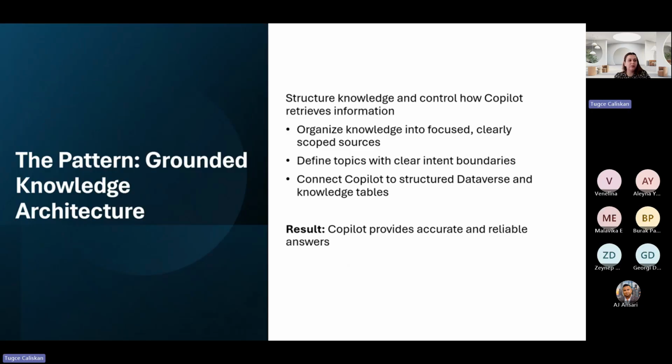So in order to fix this, we need to design knowledge more intentionally. Instead of connecting these large documents, we need to structure the data sources. And we need to define clear topics. There is a platform for this where you can put proper topics and structure in Copilot. This will give us properly production-grade AI, where we will be able to rely on the answers, and this will help us, especially in a support system like this, very much in action.